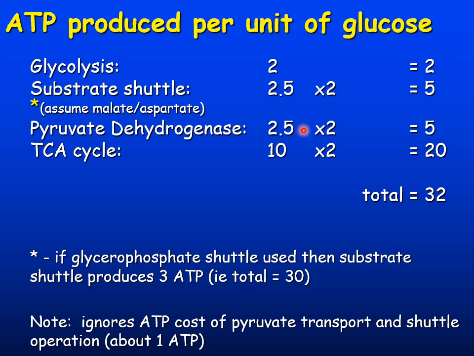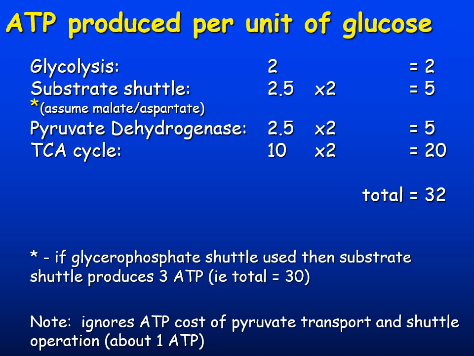We've also looked at the activity of pyruvate dehydrogenase. It also produces a couple of NADH molecules, which are coupled with the respiratory chain to give us ATP. And then lastly, the TCA cycle itself produces another 10 ATP from that combination of NADH, FADH2 and GTP, which